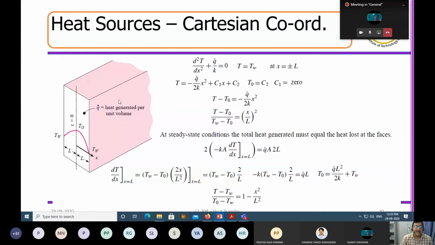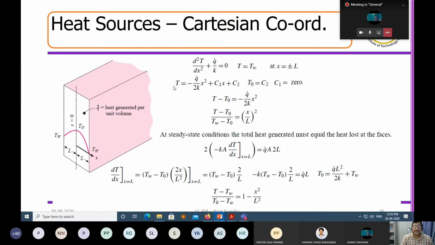I have a slab, and these are the wall temperatures, with an ambient temperature of say 20 degrees centigrade. And then I have a heat generation source inside. Suppose some chemical reaction is taking place, and for that purpose the center line temperature has become the highest temperature. In this situation, how do I put the equation that we derived in the last class? This is the heat generation equation. Earlier, this was 0, so I had a linear solution, C1x plus C2. Now, since this term is there, it will end up as a parabolic equation.